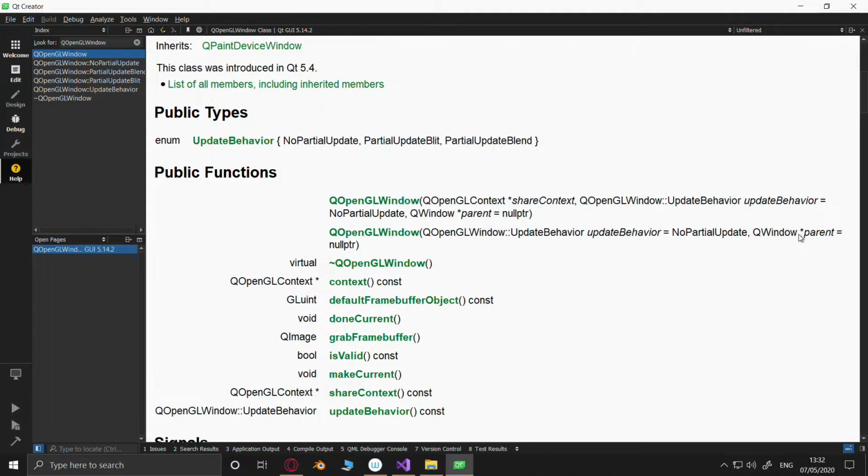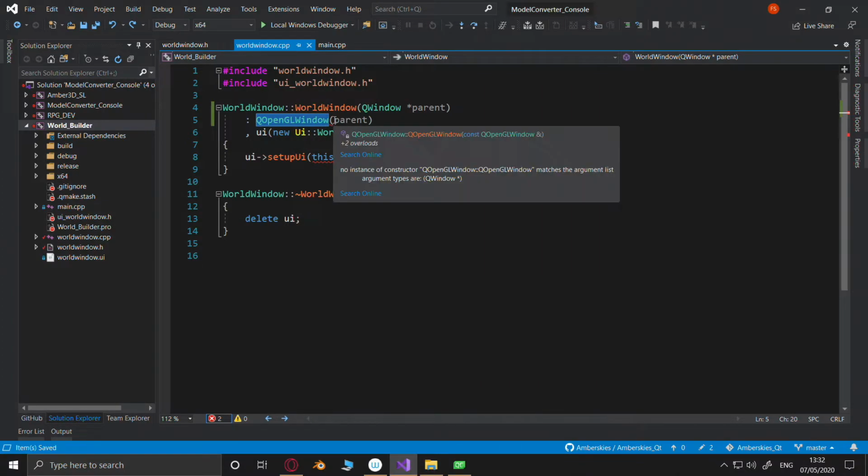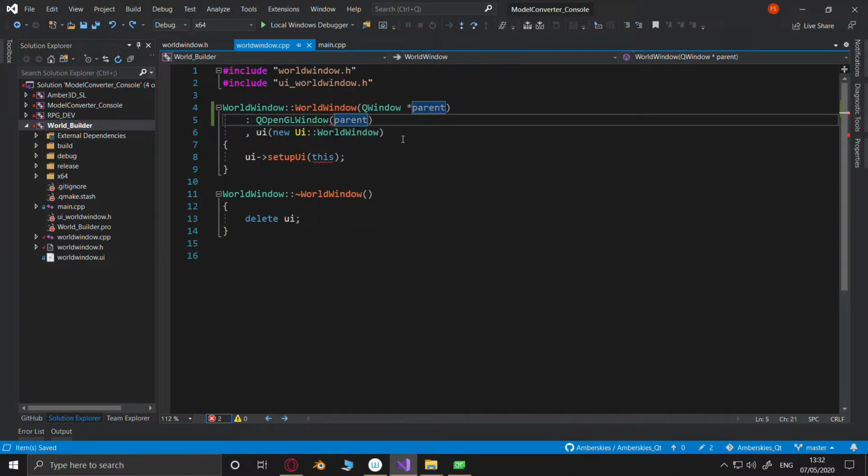Q window star parent. Okay. Doesn't look right to me.